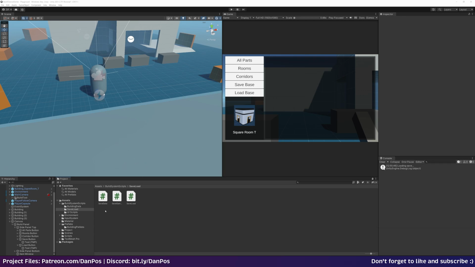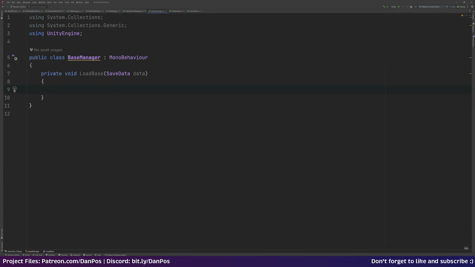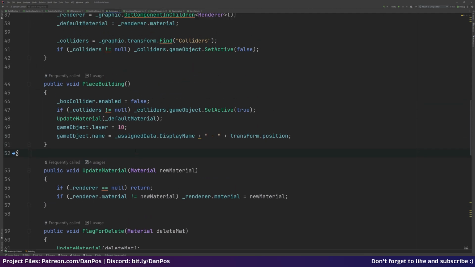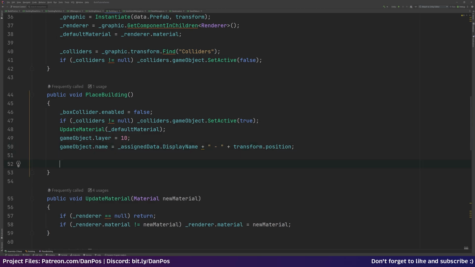So in our building.cs script, when we place a building, we want to generate a piece of data that says that that building is there, that that's a building. We want to generate a piece of data that lets our base manager know that there should be a building there to load when we call load base. So let's go to building. And at the bottom of our place building function, we can